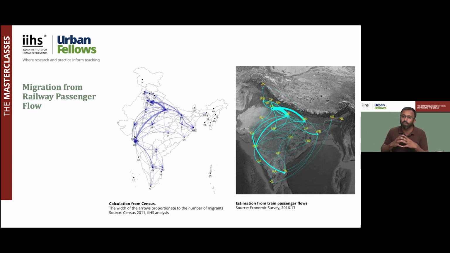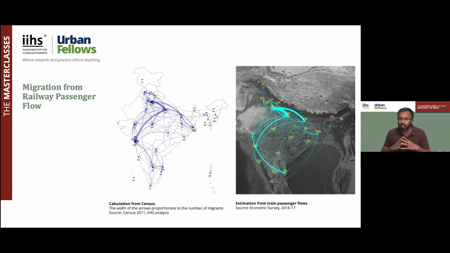There is some migration data available in the Census 2011, which is unfortunately quite outdated, and the spatial resolution of that data is not great. It doesn't tell you within a city where migrants are. This is one example of a recent